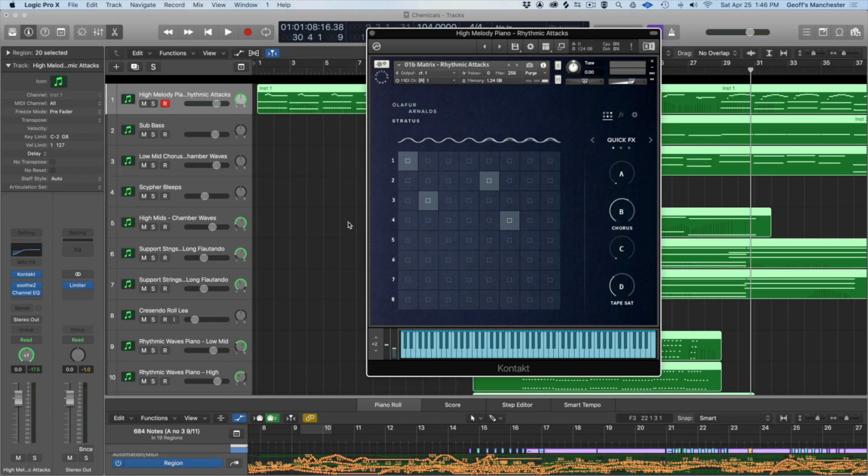Now I don't want to go too far into how the plugin works or how the sample library works, because there are a lot of great videos out there. I'll just give you my quick and dirty version. You've got a number of notes that you can play here, and as you play them, the sound refracts and you get these interesting polyrhythms. Right now I'm on the Matrix Rhythm Attacks section, and if I just put my hands down on some keys, you'll hear